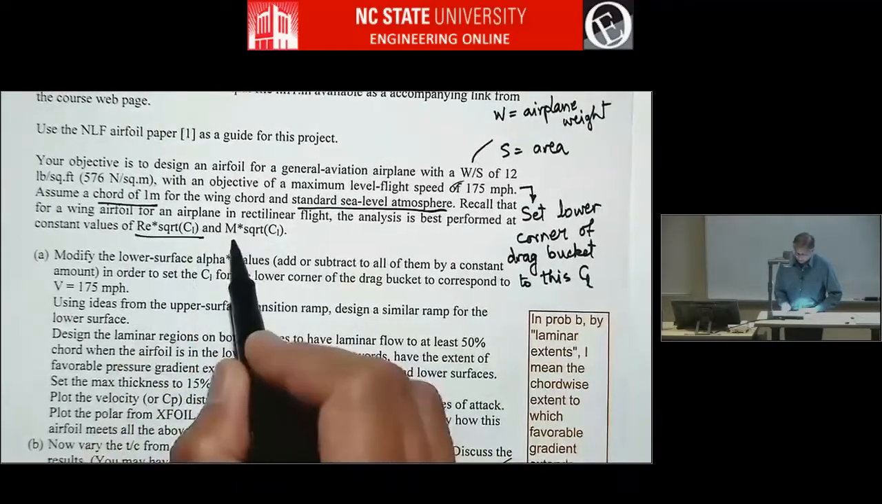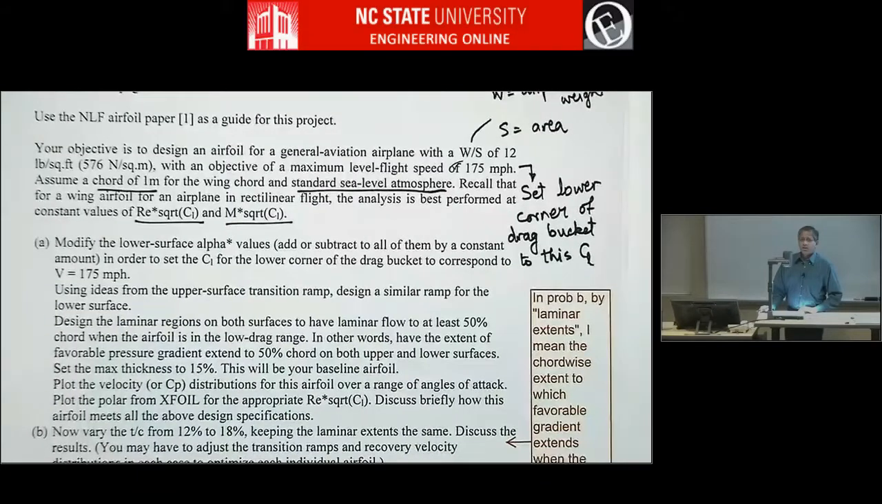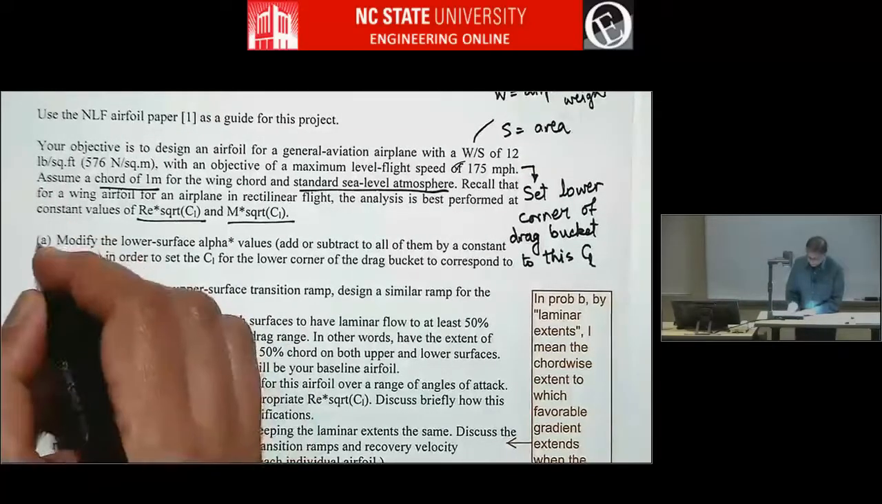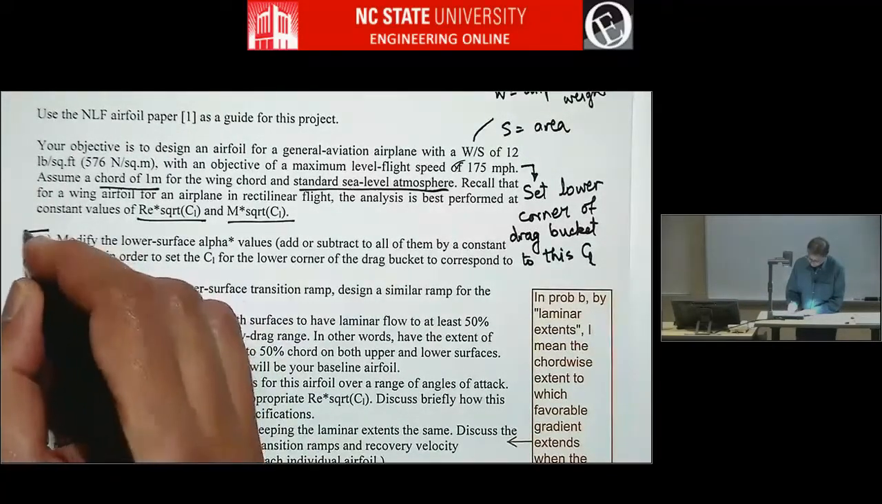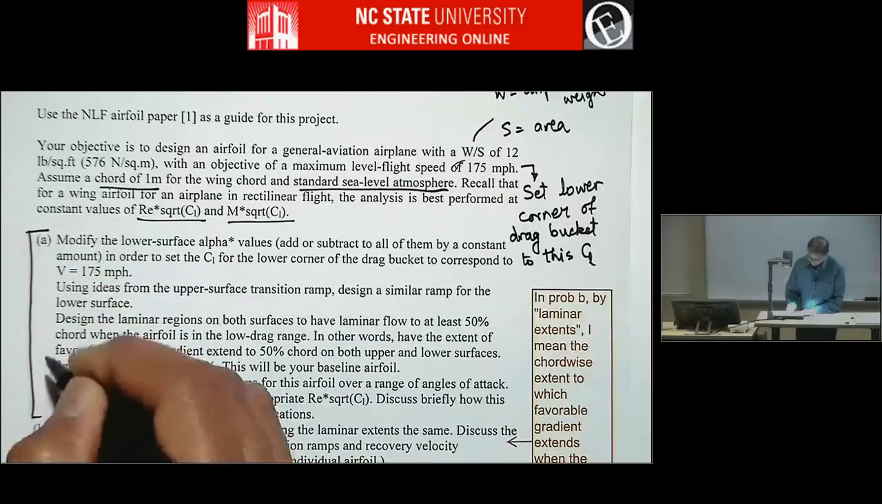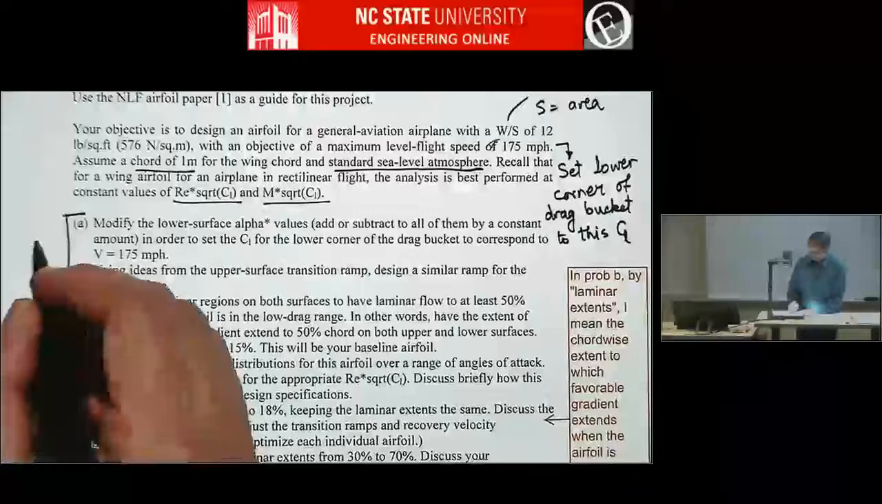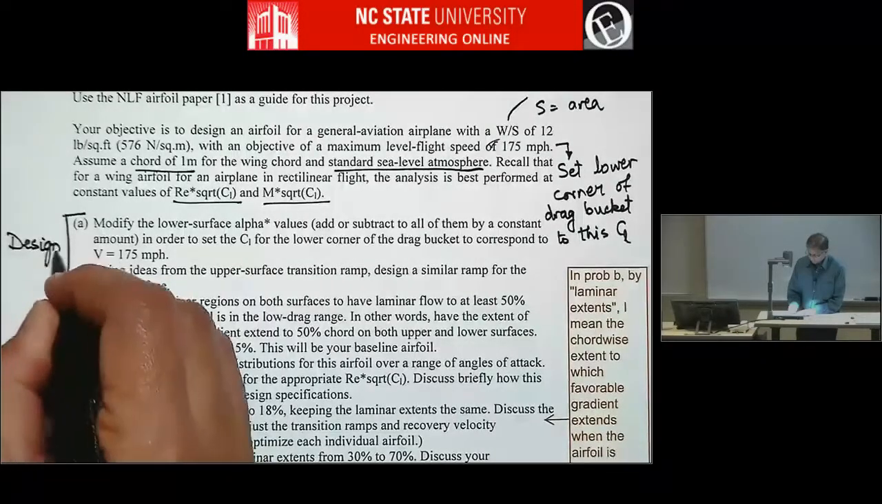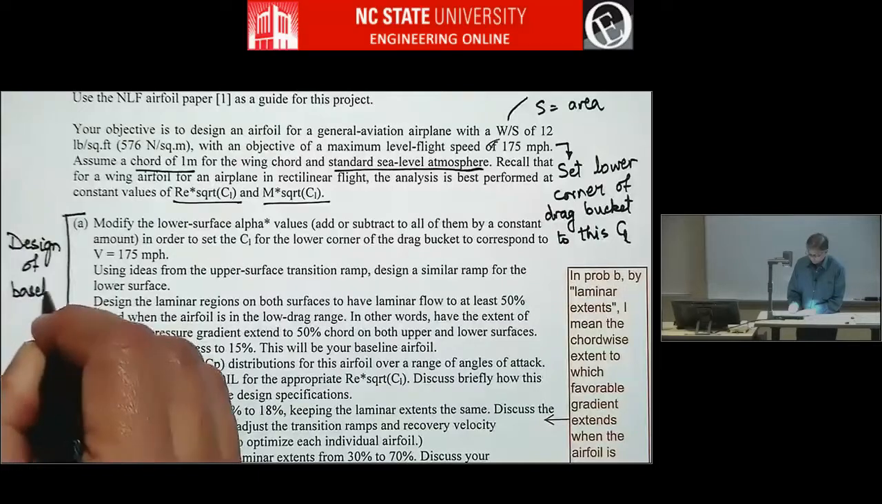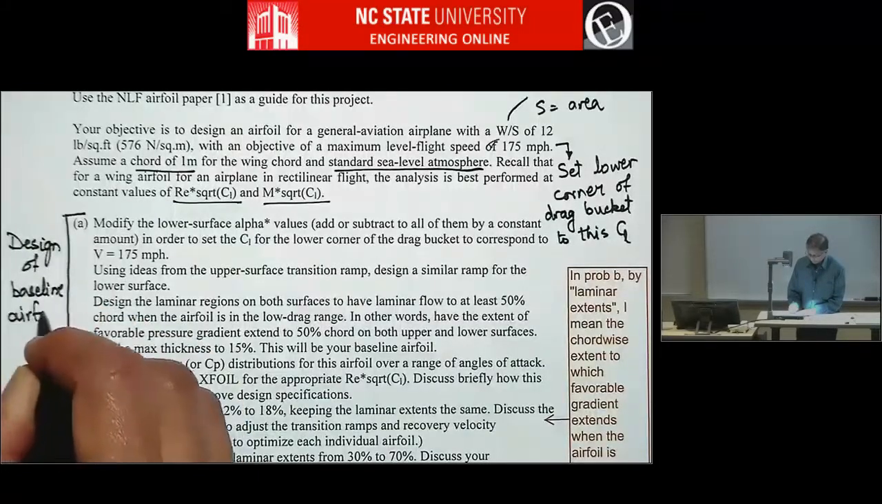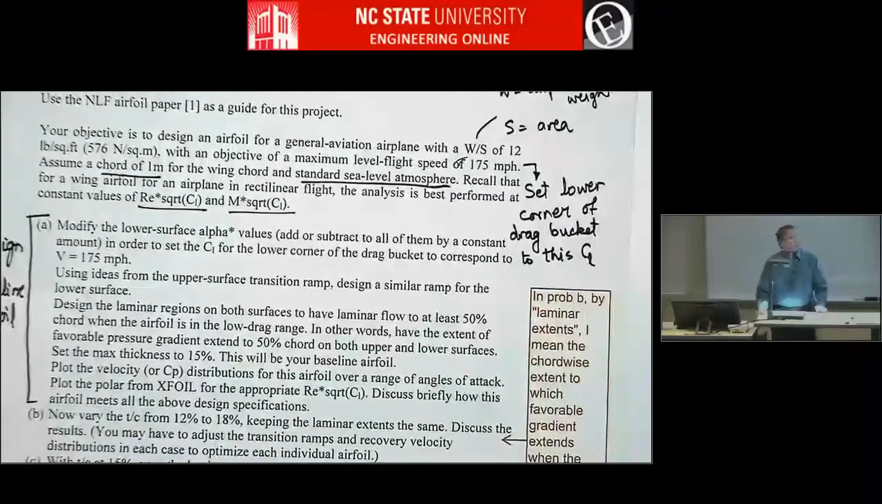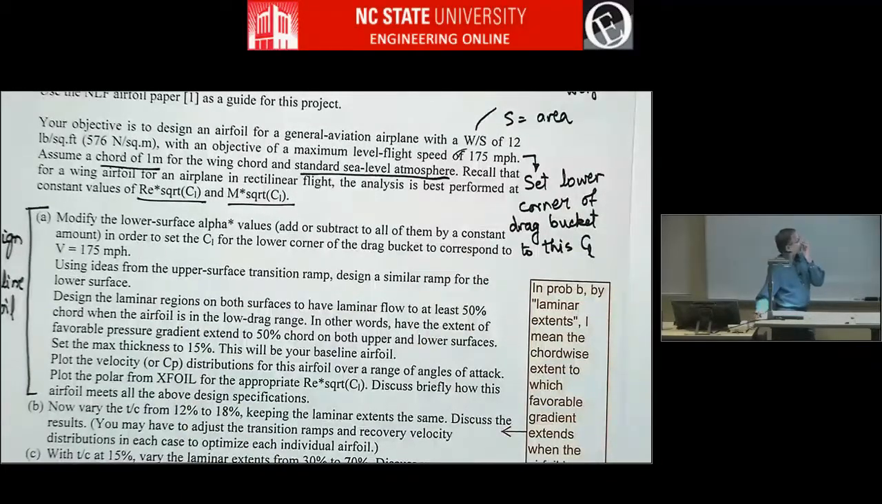So recall that analysis in Xfoil is done at a constant RE times square root of CL and M times square root of CL. So this is what you need to do to design your baseline airfoil. Modify the lower surface alpha star, add or subtract to all of them by a constant amount in order to set the CL for the lower corner of the drag polar to correspond to V equals 175 miles per hour. And then